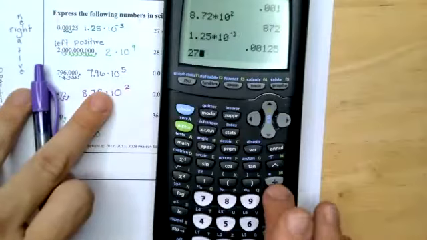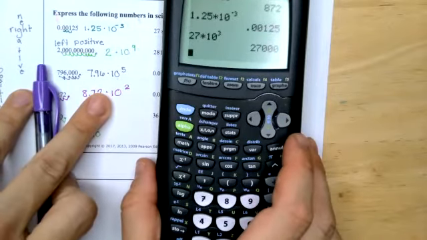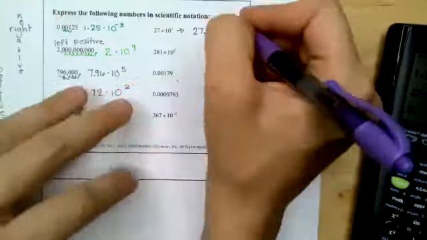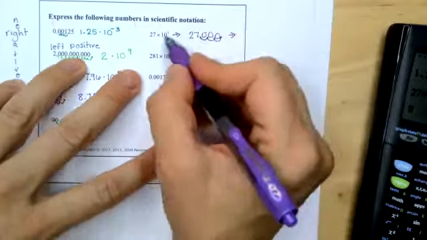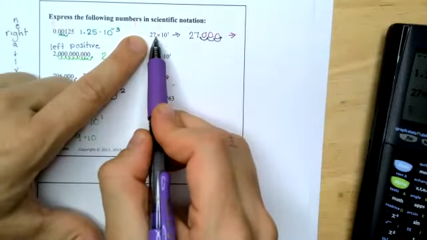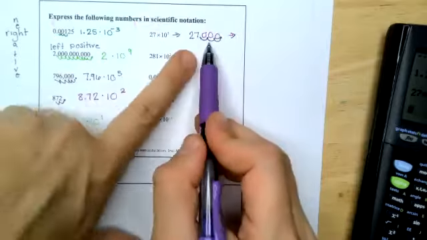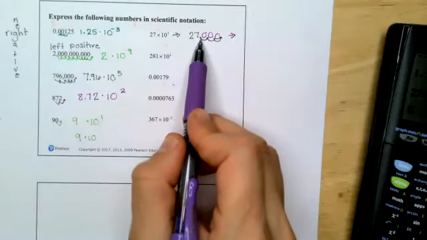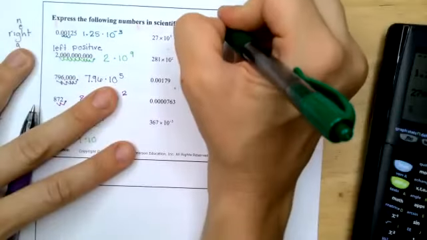You can check that. 27 times 10 to the 3rd is going to be 27,000. And then don't worry so much about this. They're never going to ask you this to put it into scientific notation. This is just a good exercise for putting it from scientific notation back. And then if you were going to put this into scientific notation, it wouldn't be 27, right? It would be